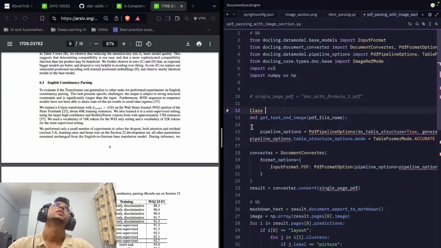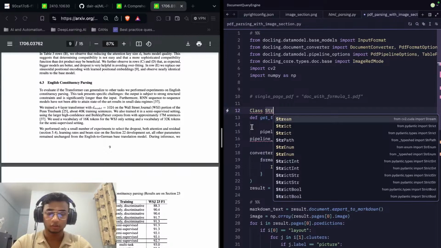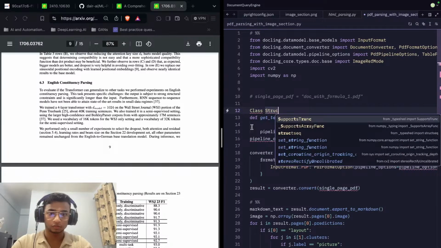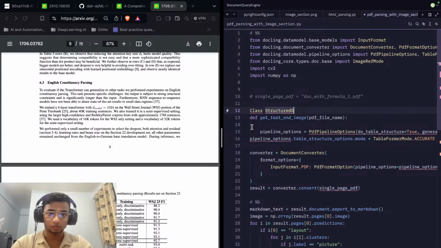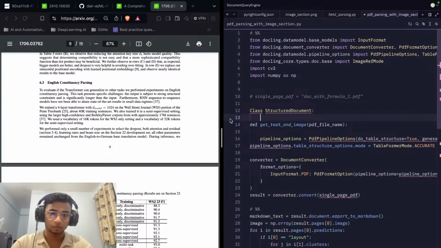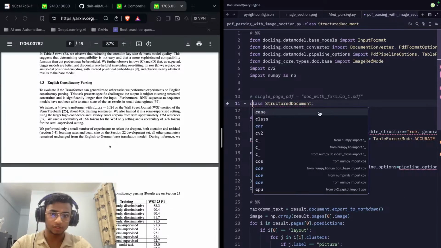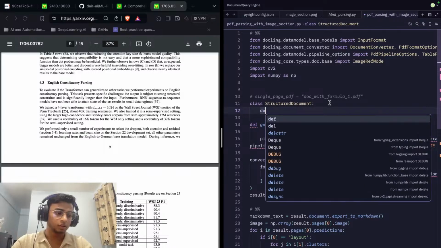What do we call it? We'll get the images and text from it. So let's just call it our structure document. Why am I using a capital C? Def